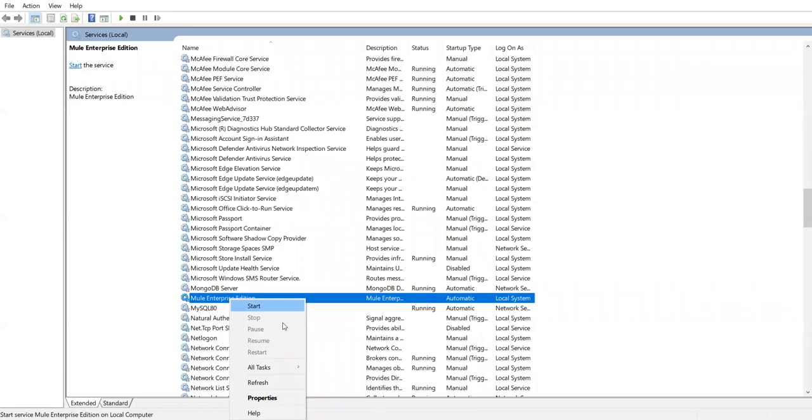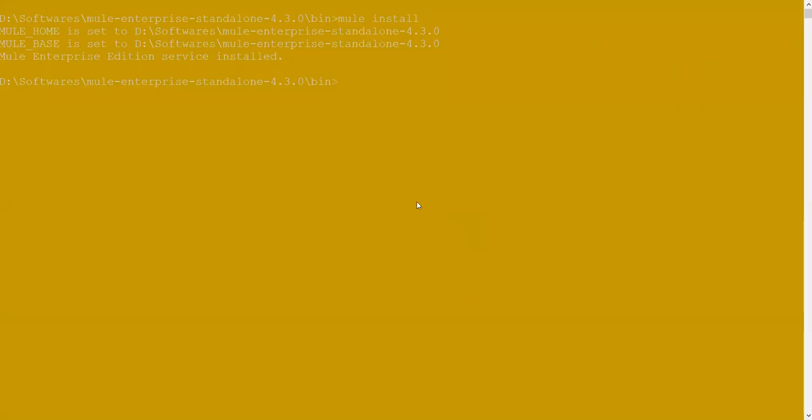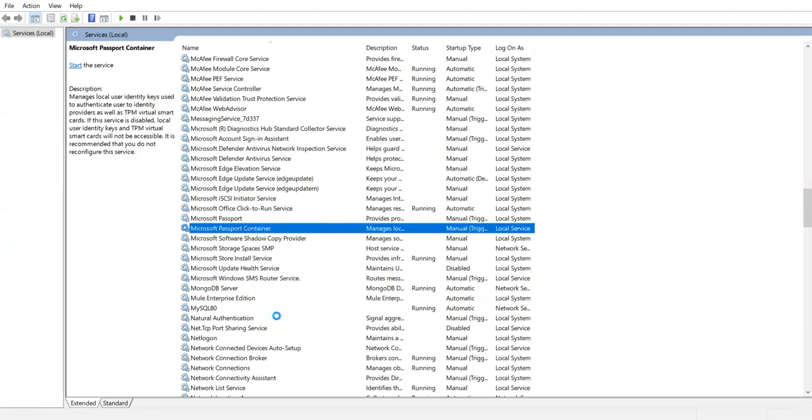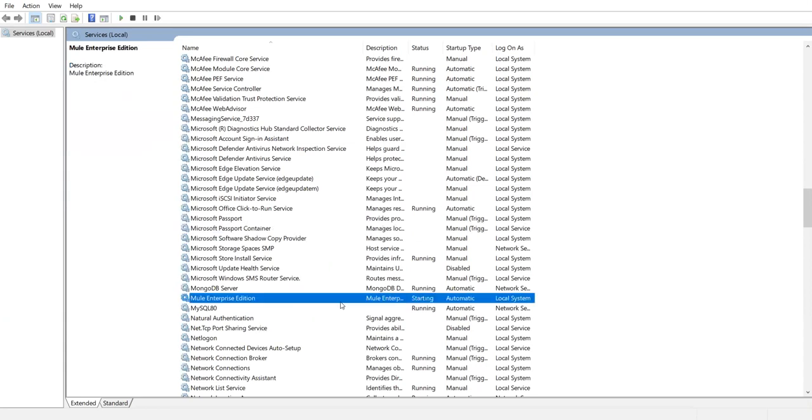Okay, so we have a start option here. Let me go here and start it from here. To start from here, we have a command called start. So we'll start it and we'll monitor. Again, it will ask for the permission. We said yes. You'll see it will be running here. So let me refresh. Starting. Once it is running, we'll go from the background. Okay, see here, it's running now.